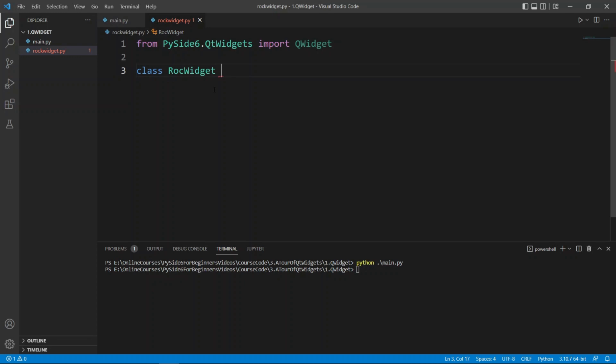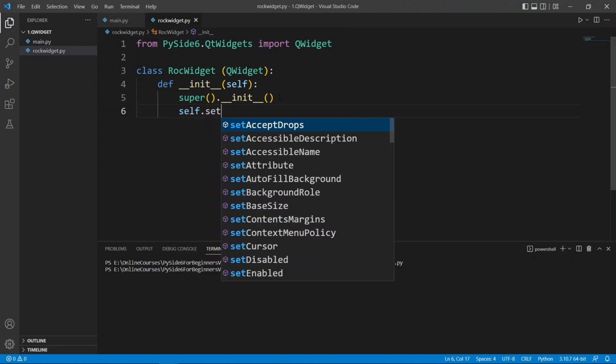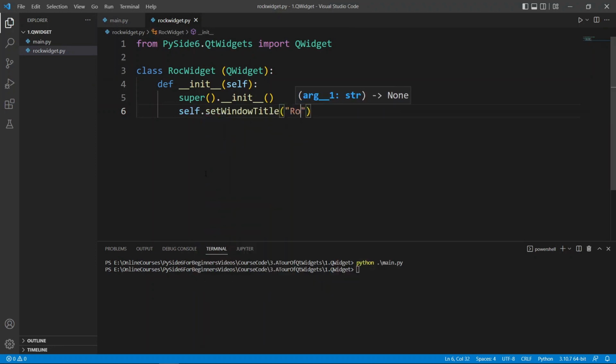It is going to be inheriting from QWidget. And it is going to have a constructor. So let's make sure we put that in. And for example, we can give it a window title. Let's say self.setWindowTitle, and we are going to call this RockWidget. And now that we have this, notice that we did just the minimum we needed to have this be a